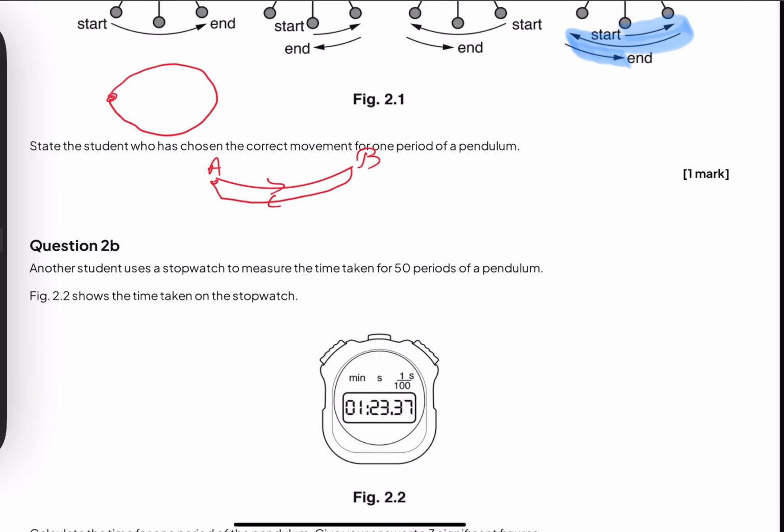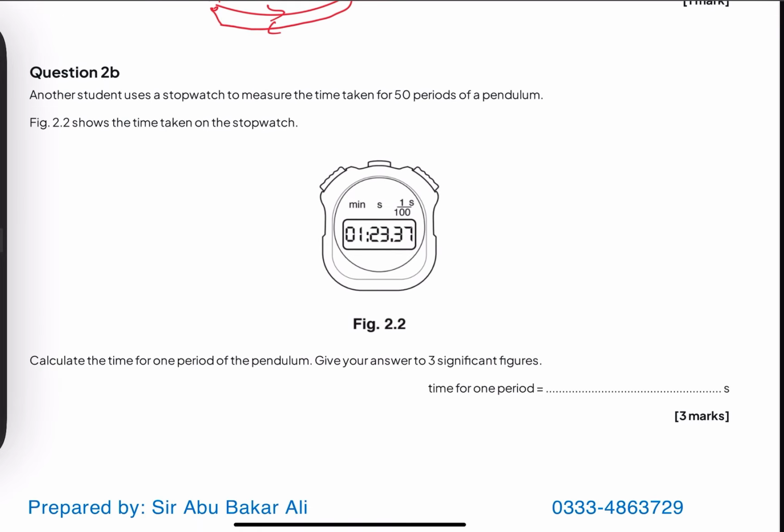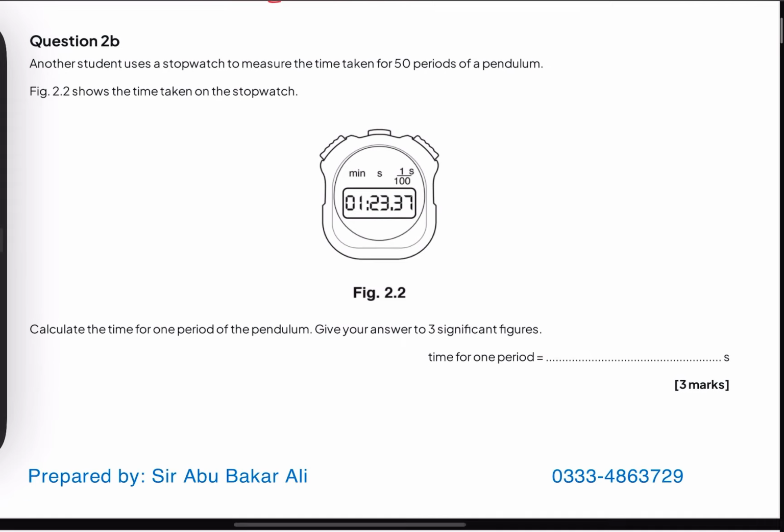Question 2b. Another student uses a stopwatch to measure the time taken for 50 periods of a pendulum. The stopwatch shows the time taken. Calculate the time period for one oscillation. We are given the time for 50, we have to find one, and we have to answer in 3 significant figures. So the time is basically 1 minute